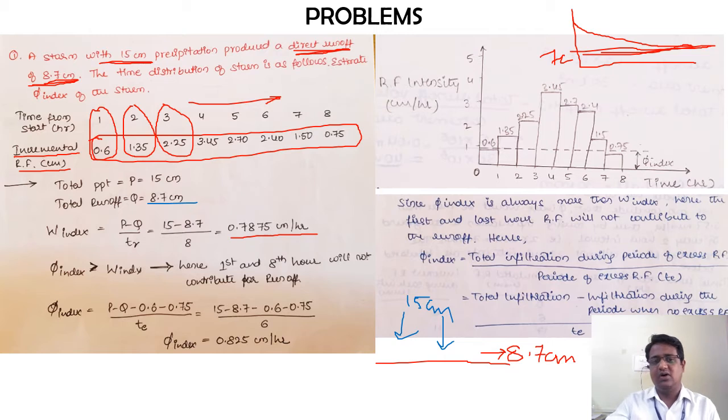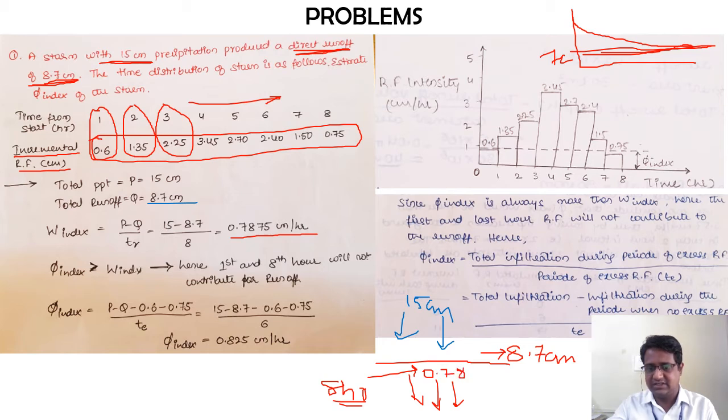So now how much water needs to go down? The difference of this has obviously gone down, right? But at what rate has that gone down? If you consider the total duration of rainfall as 8 hours, then on an average for these 8 hours, the infiltration rate over here is 0.7875 centimeters per hour. Because initially the rate will be more, and as time moves up, it is going to get reduced. But if you take the average rate of infiltration and calculate it with the help of this W index,